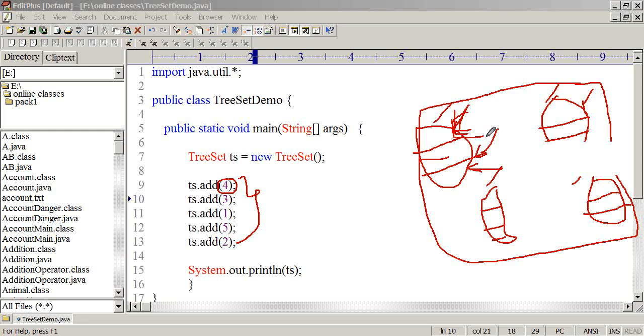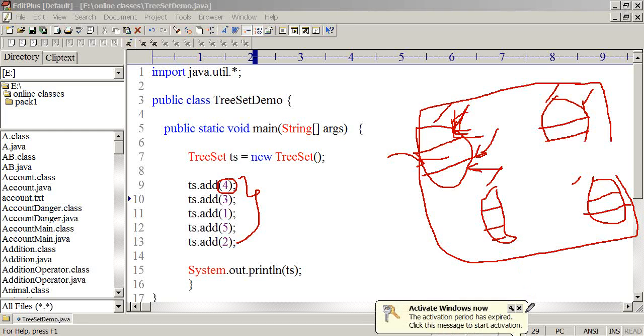Right? So all are of what type? Homogeneous. The first rule is fine. The data is of type homogeneous, meaning all are of type student only. But though the data is of the same type, it's not possible to compare them. Right? So what is the meaning of comparing such kind of objects? How can I compare such kind of objects? Right? So the objects